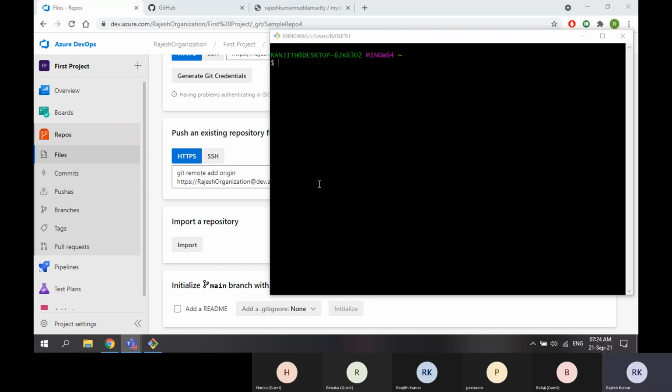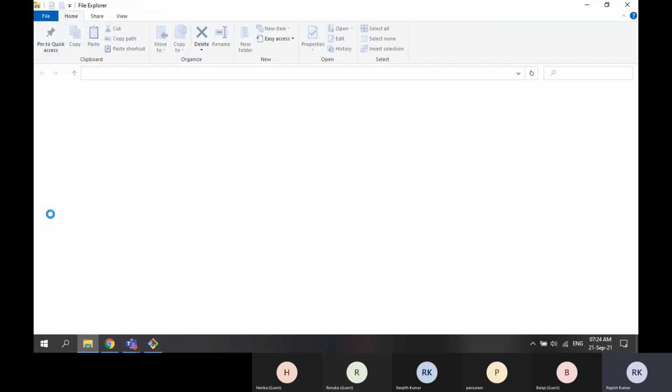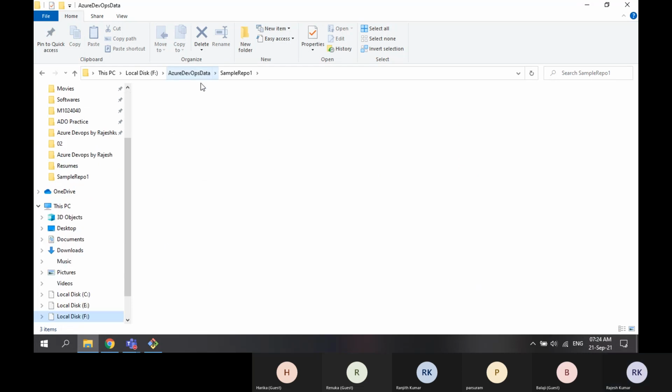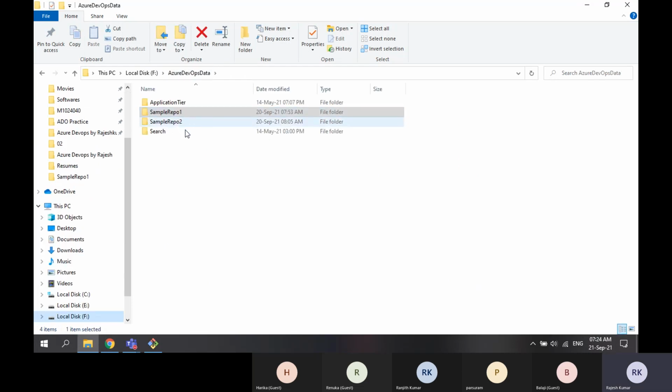So if you remember, yesterday also we initialized some repository in some folder. Let me go here. So here I have two repositories. If I create another repository, let's take a new folder, Repo, because we have four already there.